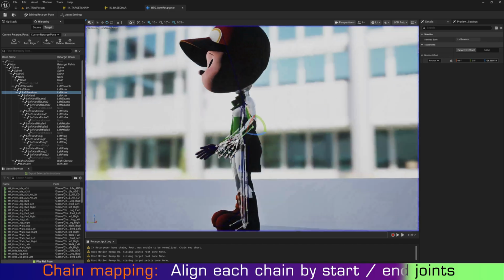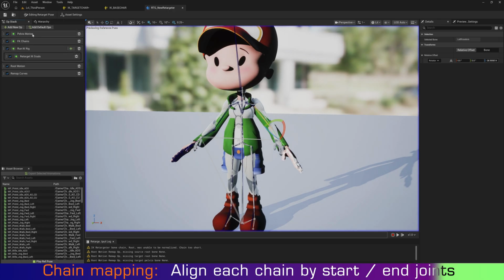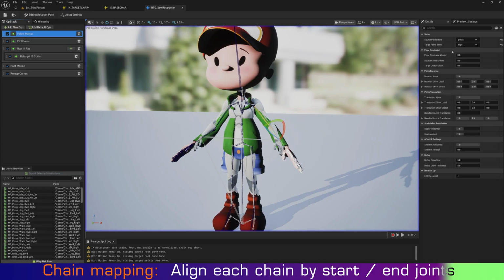So, once they are matched in pose also, you can click on this OP stack option. So, here we have pelvis motion. It is asking the details about the pelvis